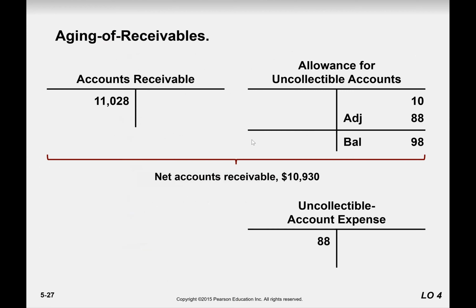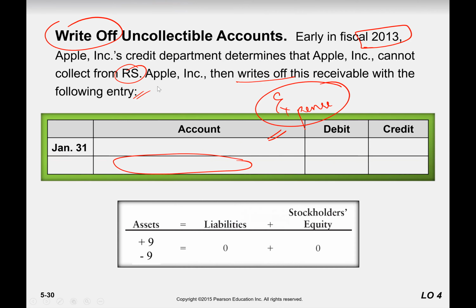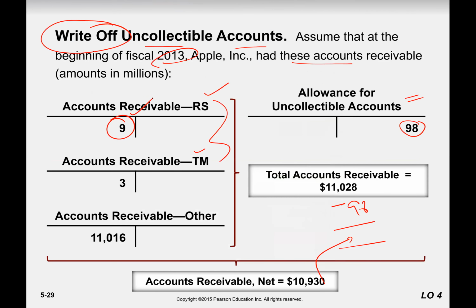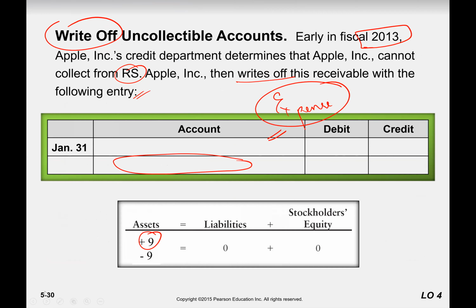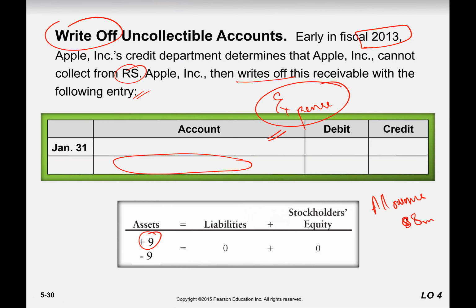So look at here, what's happening here? RS is not going to give us 9 million, right? This 9 million, we have already made an allowance, 88 million according to the aging method, right? I think the question already gave us 98, right? So 98 we already have in total. 98 we have as the allowance. So if anything happens,